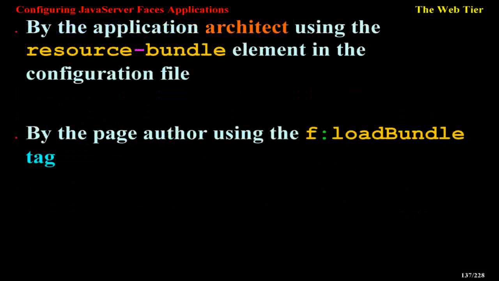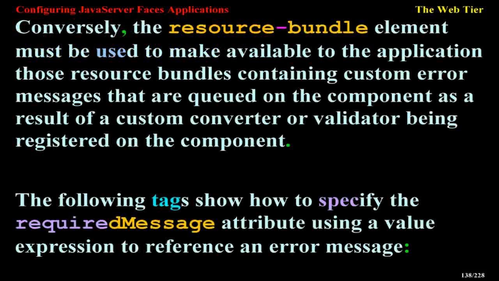By the application architect using the resource bundle element in the configuration file. By the page author using the f:loadBundle tag. Conversely, the resource bundle element must be used to make available to the application those resource bundles containing custom error messages that are queued on the component as a result of a custom converter or validator being registered on the component. The following tags show how to specify the required message attribute using a value expression to reference an error